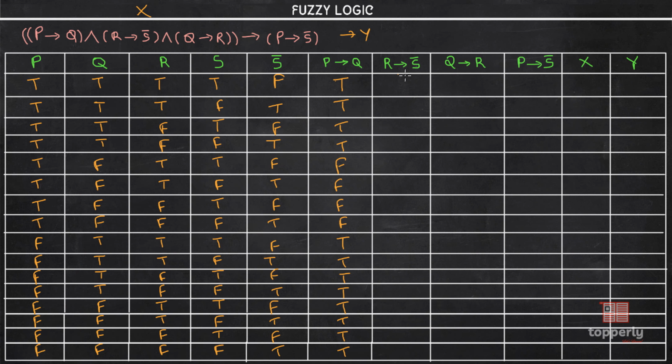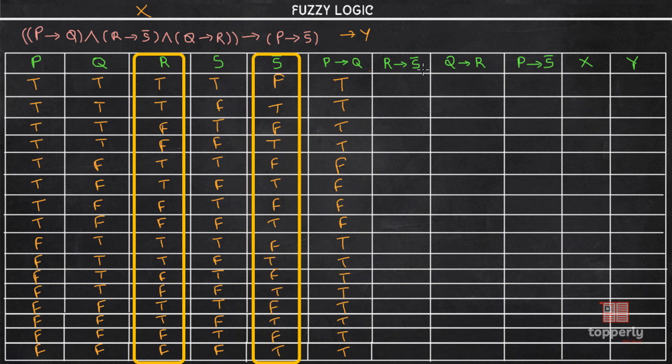Next is R implies S bar. That is, we have to consider the R column and S bar column with the implication operation. So first we have false, because true and false will be false. Then we have true. False and false will be true. False and true will be true. Similarly, we have